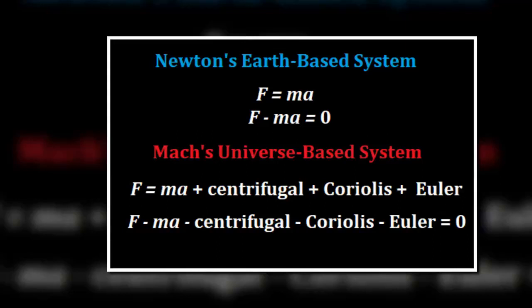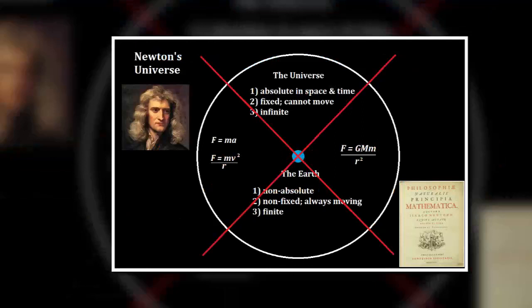Whereas Newton had failed to turn the coin over, Mach's principle not only turned it over, but showed how Newton's whole system could be reconstructed so that Newton's defect, as Einstein termed it, could be fixed and lead us in the right direction. Mach did so by pointing out that it was wrong for Newton to base his whole system on what Newton called absolute space, a space that wasn't allowed to move or rotate and thus forced us to only one option, the Earth rotating within a fixed space.